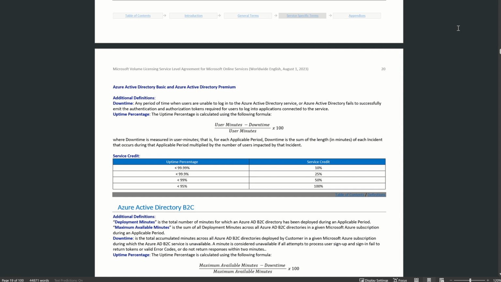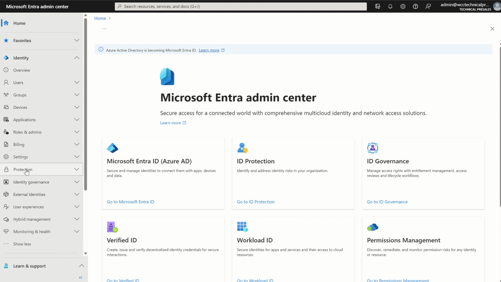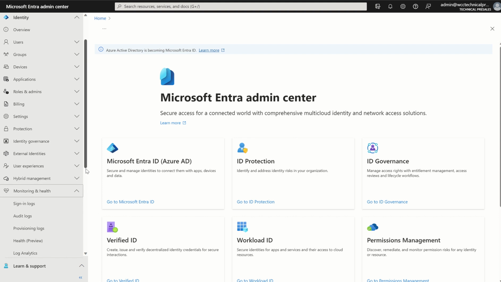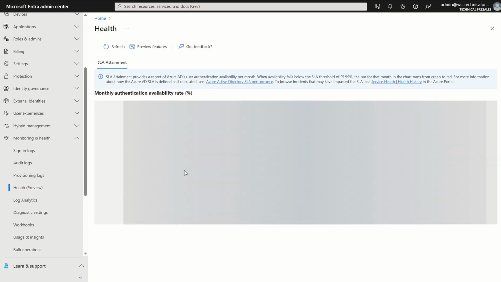So what we'll do, we'll minimize this, and we'll come into the Microsoft Entra portal, which is entra.microsoft.com. First things first, you want to click Identity, you want to press Show More. We can go to Monitoring and Health, we can scroll down, and we can see Health Preview. This feature is currently in public preview, so it is deemed to change at some point prior to it going into global availability. However, if we do click in Health Preview,